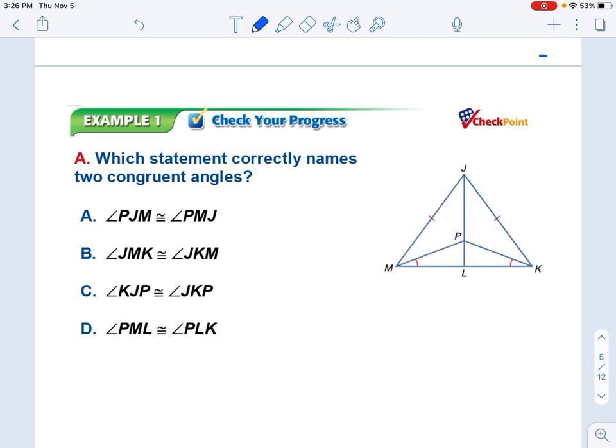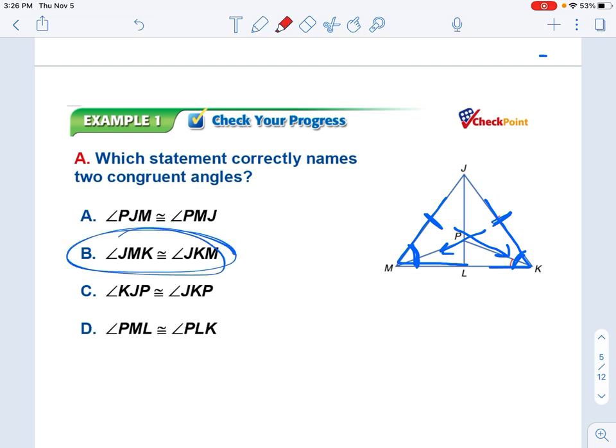The next one, we have JMK and JKM. Now this one looks promising. We have these opposite sides, or the legs of our isosceles triangle, congruent, which means these opposite angles, which are what is highlighted in blue, need to be congruent. So I will say B is the solution if you want to take a second to trace out the rest